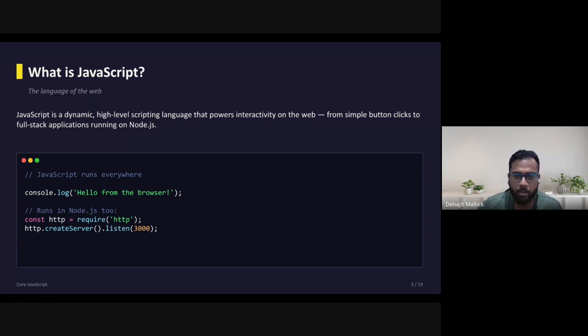The reason is the browser that you are using to show everything only understands HTML, CSS, and JavaScript. So it doesn't matter if you write an application in React, Vue, or Angular. At the end of the day, everything comes down to JavaScript only. It's a dynamic, high-level scripting language that powers the interactivity of the web, from simple button clicks to full stack applications